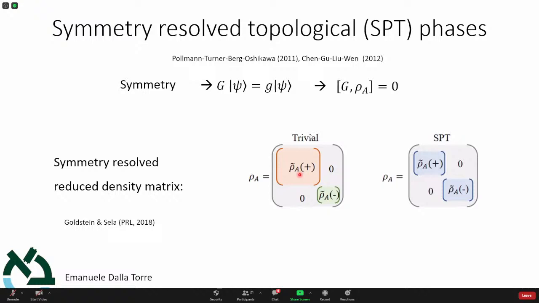That's not topology yet. What is topology? Topology for this particular type of phase means that the two blocks are identical. The fact that the blocks exist, the fact that the reduced density matrix is block diagonal, that's always the case. This is just a definition of a symmetry. However, topology is sort of a symmetry between the two blocks. The two blocks are identical. That's what makes the state topological. And that's what we did on the quantum computer.